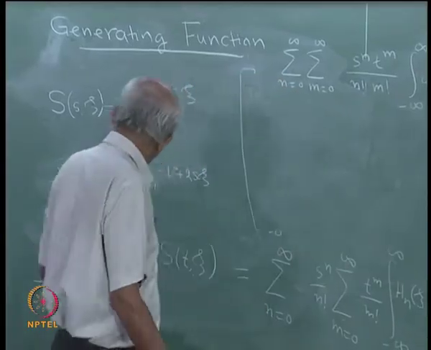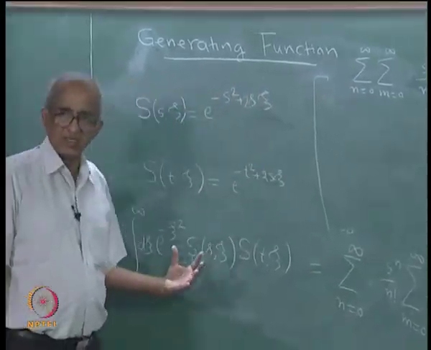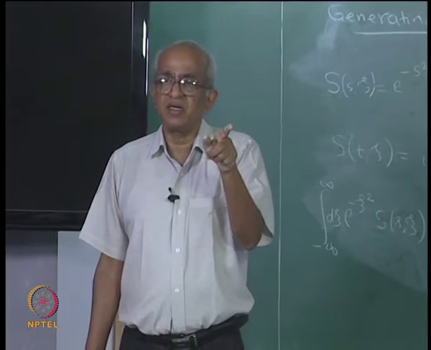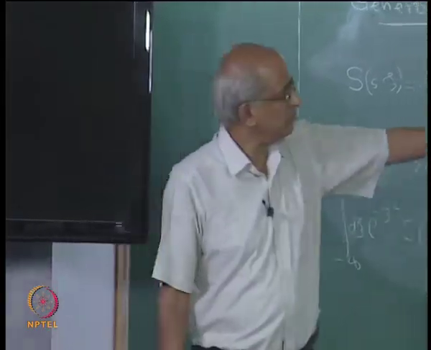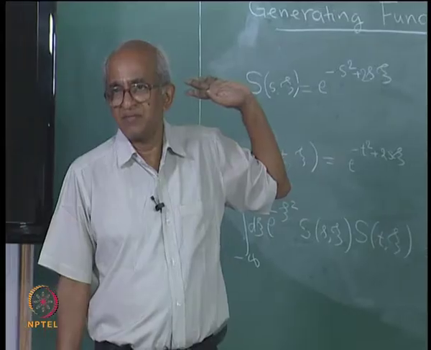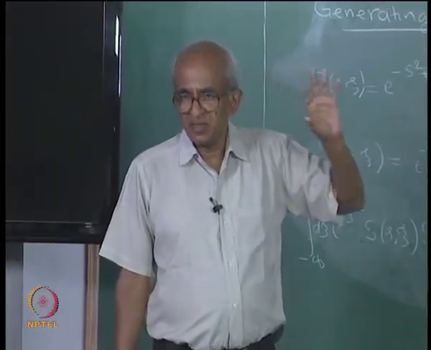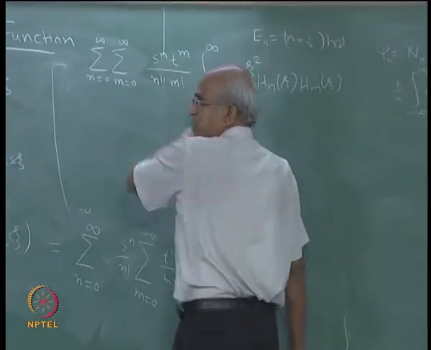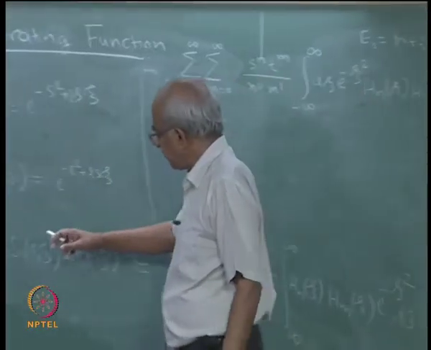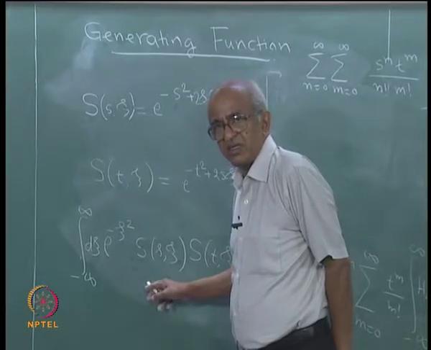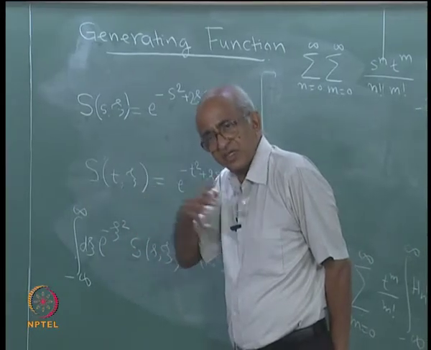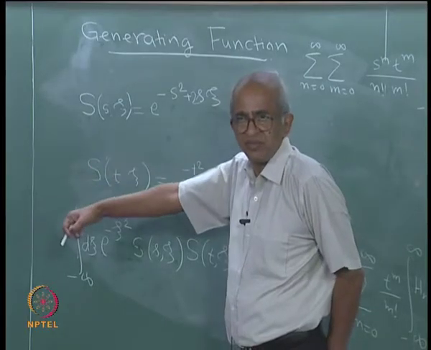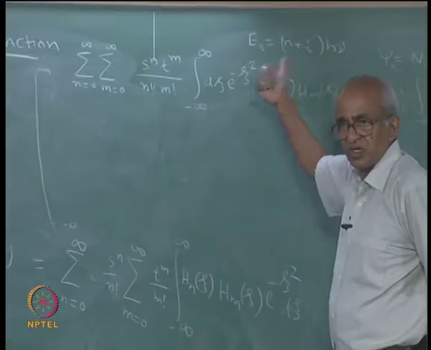So, suppose I find exactly what this function is, and expand it as a series and look at the coefficient of s to the power of n and t to the power of m. That coefficient should be equal to the integral that I want to evaluate, correct. I can repeat the argument. The right hand side is a series involving s to the power of n, t to the power of m. The left hand side, if I evaluate it, I will find a function, and if I can expand it as a series and find the coefficient of s to the power of n, t to the power of m, that will be equal to the value of the integral that you want to evaluate.